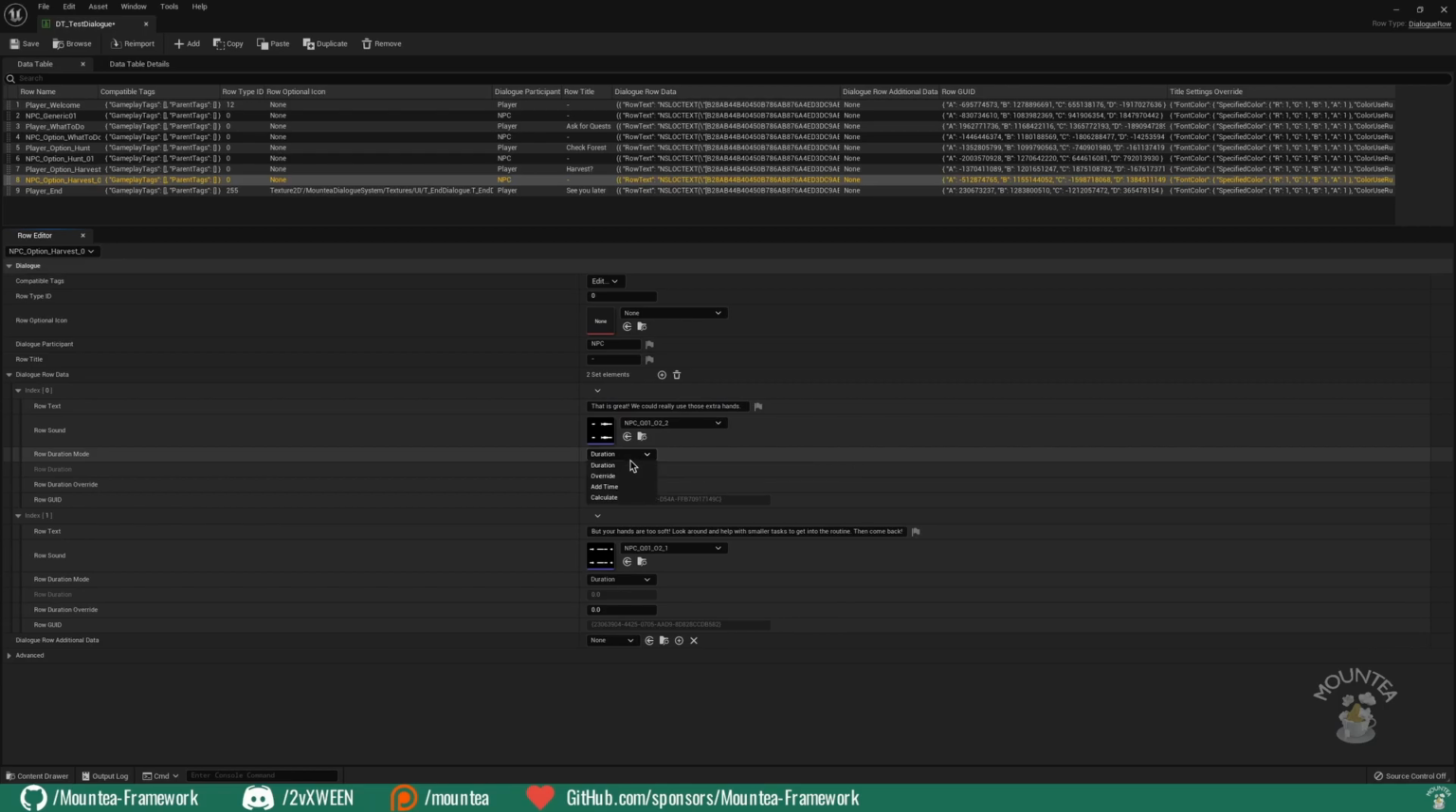There are multiple options. Each of them has a short description, but duration means it will be visible for the duration of the sound cue. With override, you can specify a different time. Then you can add additional time, again in the row duration override. It adds additional time to the duration of the sound cue, or you can use calculate, which calculates it based